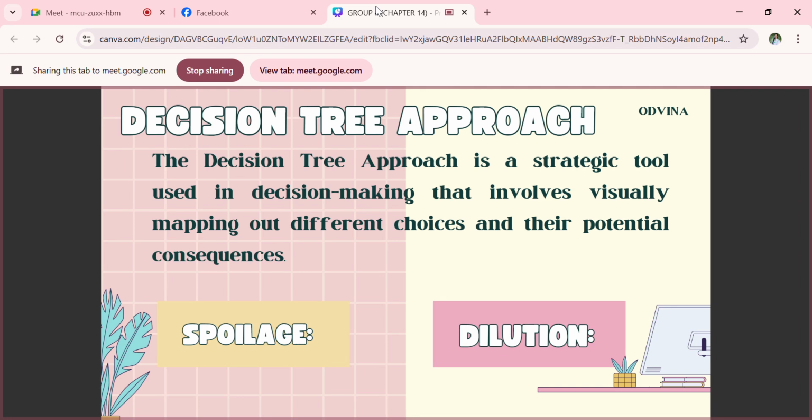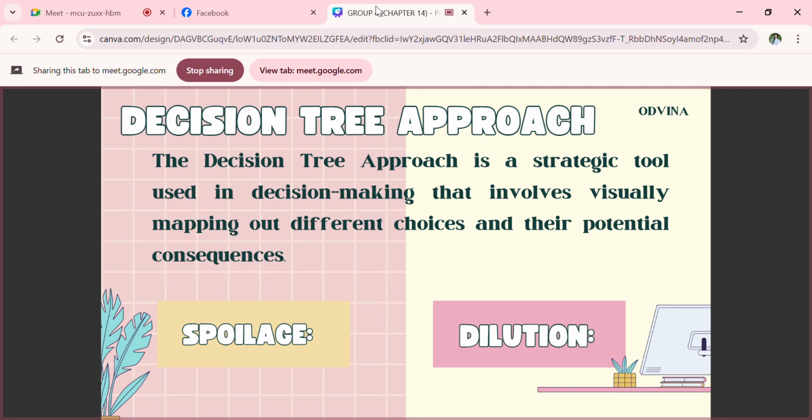This results in lost revenue that cannot be recovered once the opportunity passes. Businesses try to prevent spoilage by balancing discount sales with reserved inventory for last-minute, high-paying buyers. Next is dilution. Dilution, on the other hand, occurs when too many items are sold at discounted prices. This means that the business fills up with lower-paying customers and has to turn away high-paying ones later,